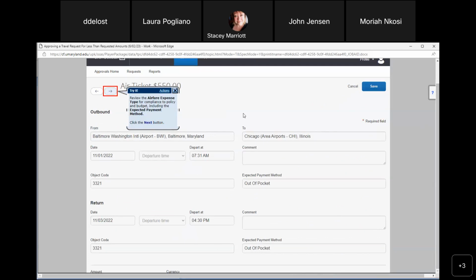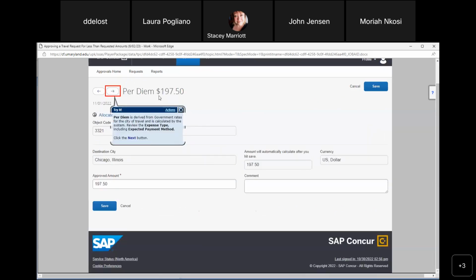All right, if you see some inordinate amount, you're going from Baltimore to Chicago and your plane ticket is $1,200. He's probably, maybe he's looking at first class, who knows, right? But there's the expected payment method that you should be looking at also. And if this is fine, just go ahead and click next. Here's the per diem,